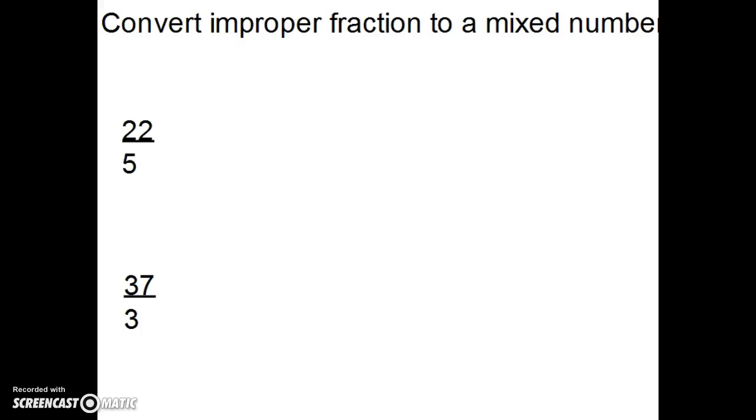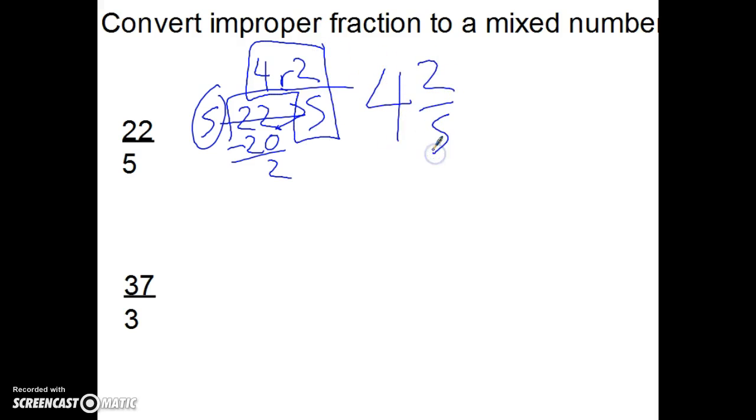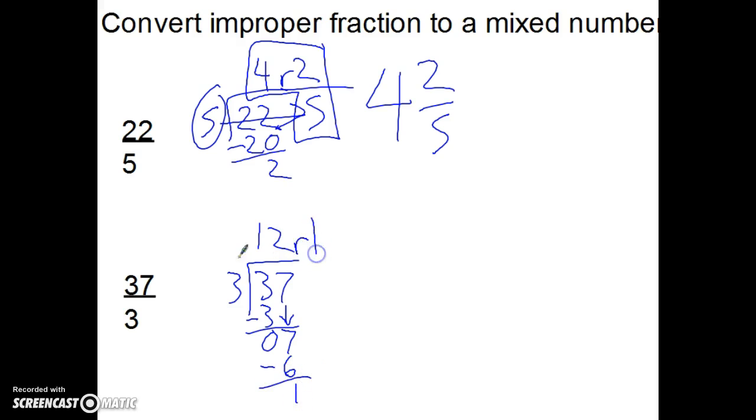Last two problems. Convert improper fraction to a mixed number. So 22/5 really means 22 divided by 5 goes 4 times. There's a remainder 2. Remember, this dude is coming over right there to be my denominator. And right here, the problem kind of says itself. 4 2/5. 37 thirds. There's 1 3 and 3. 2 3s and 7. 12 remainder 1. Bring my denominator over, and I get 12